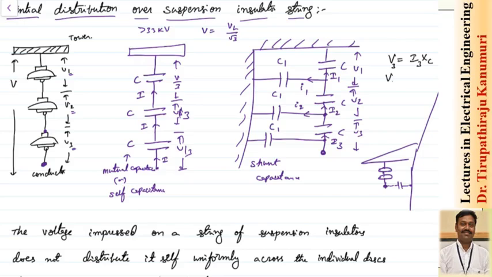Similarly, the voltage V2 I can write as I2 multiplied by XC, because the capacitance is the same. Similarly, voltage V1 I can write as I1 multiplied by XC, XC is the same. So here you can see that the voltage across any insulator is directly proportional to the current passing through it, because we know the value of I3 is greater than I2, which is greater than I1. So automatically the voltage drop across the third one will be greater than the voltage drop across the second one, which is greater than the voltage drop across the first one. That means the voltage distribution across the string will not be uniform because of the formation of